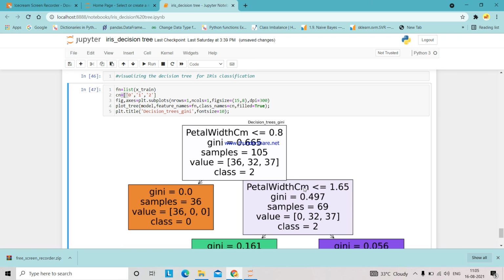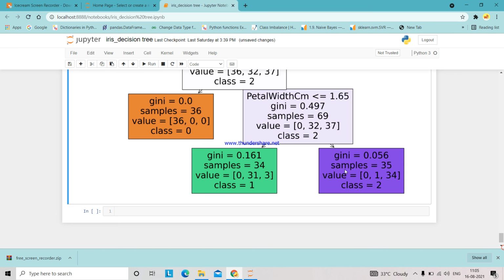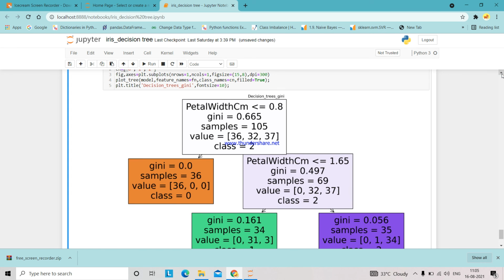And next, if the petal width is less than or equal to 1.65, it can be considered as class 2. That means this is also versicolor. Like this, we can classify our iris dataset by using the decision tree.